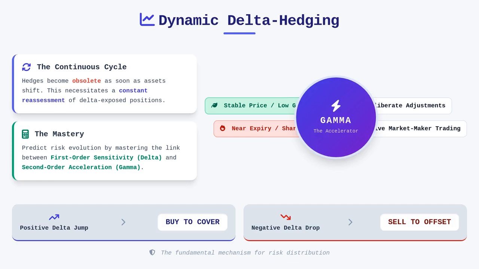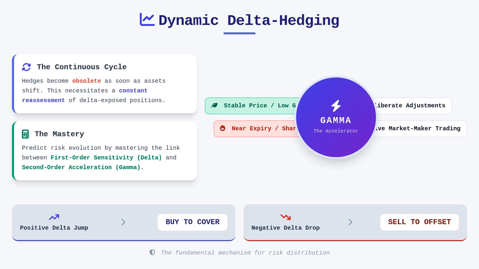Dynamic delta hedging strategies rely heavily on this constant interaction to keep a portfolio aligned with the trader's risk appetite. Because gamma modifies delta continuously as the underlying moves, a hedge that was calculated at the start of a trading session becomes obsolete once the asset shifts even slightly. This necessitates a continuous reassessment of the delta-exposed position, particularly in environments where liquidity is thin or market volatility is